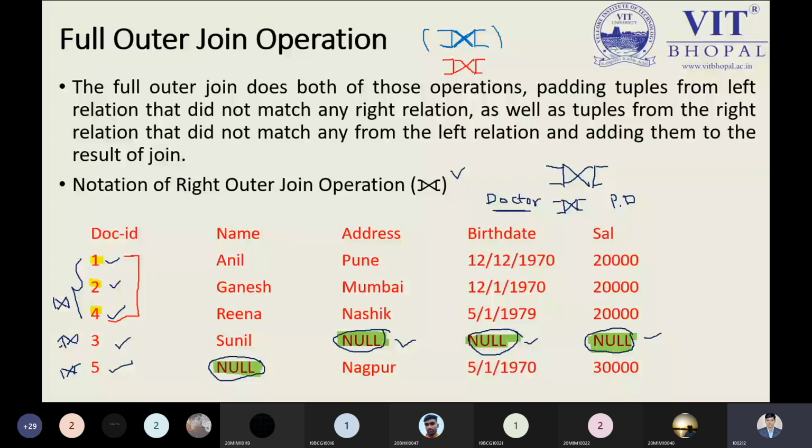So to overcome such a problem in the left outer, right outer, we have the full outer join. So first you apply the natural join, and then you apply the left outer join or right outer join. It's your choice, whatever outer join you want to apply, you can apply. So we are using both outer joins over here, and that is known as the full outer join. So this is the summary of this concept we have seen so far.